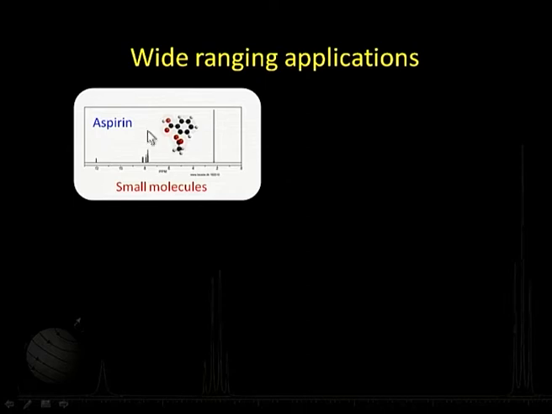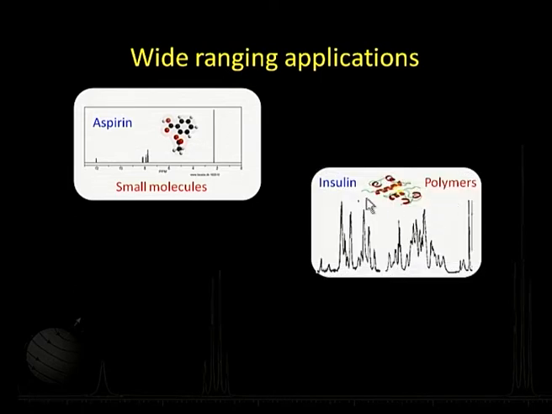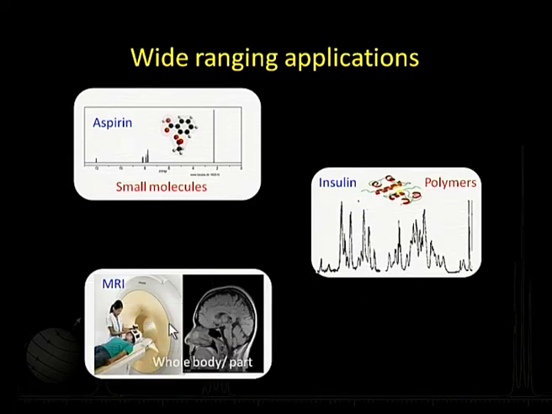And it has very wide ranging applications, because that is the beauty of this particular technique. We can deal with very small molecules like aspirin, the spectra of which is shown over there. We will learn the meaning of these things later on. Or maybe polymers like insulin, which is a small protein, or to the extent that we can even think of imaging the whole body. MRI is the in thing nowadays. We are exploiting MRI in diagnostics in a very big way nowadays. So, all these things are based on NMR spectroscopy.